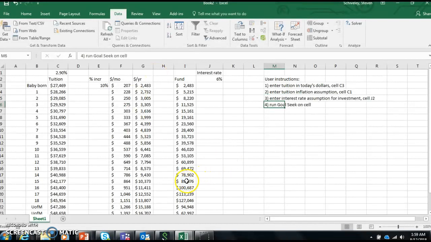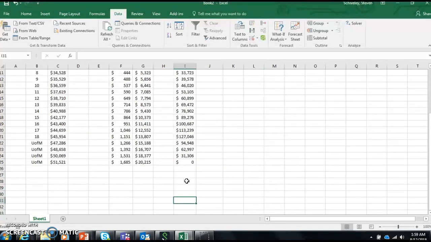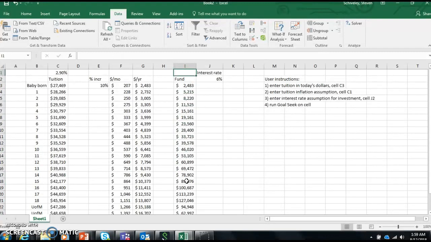Run the goal seek for cell I25 equal to 0 by changing cell F3. Okay, there's the instructions, and so now I have a tool, and you know what I could even do is,